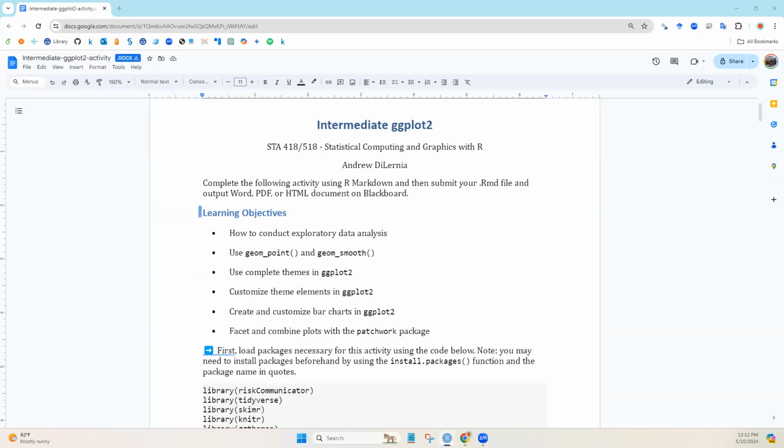Hi everyone. In this activity, we're going to continue learning about data visualization with the ggplot2 package. Specifically, we're going to look at how we can conduct exploratory data analysis to familiarize ourselves with the new data set, how we can use the geom_point and geom_smooth functions to create a scatter plot with a